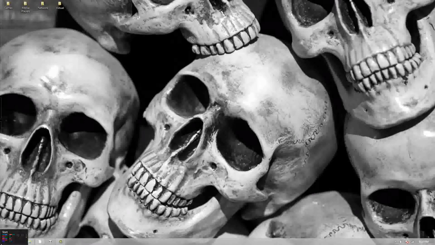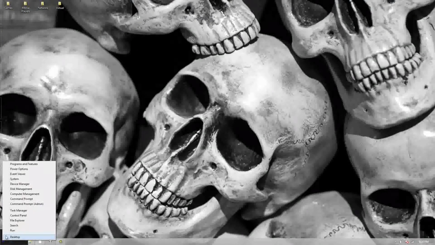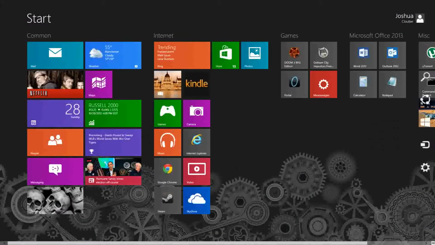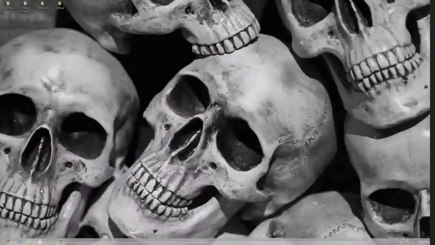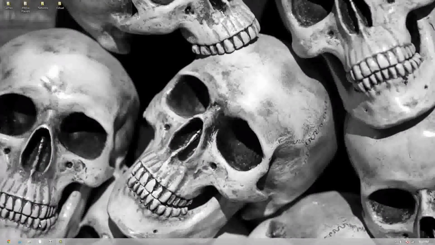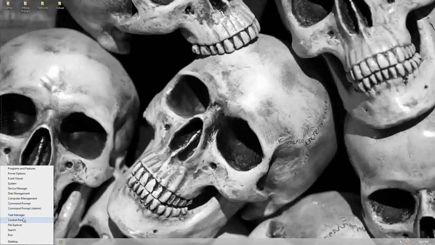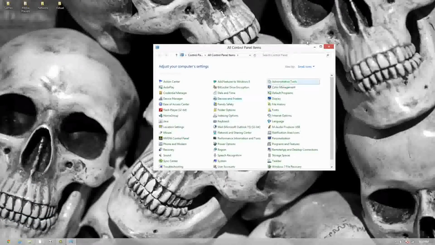You can right-click where it says Start, and you're given sort of your classic options here, which, in my opinion, is necessary if you're joining a computer to a Windows domain, or if you're looking at uninstalling programs really quickly, getting to the control panel without going into the settings. You can just right-click here, and you're given your control panel. If you just left-click here, your classic control panel,